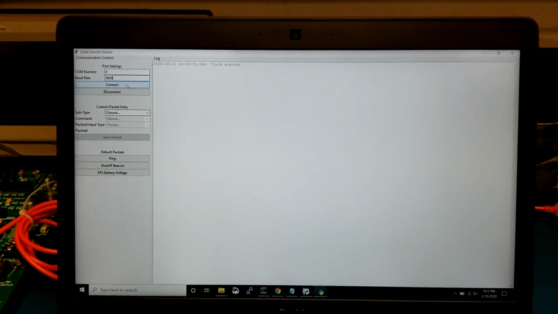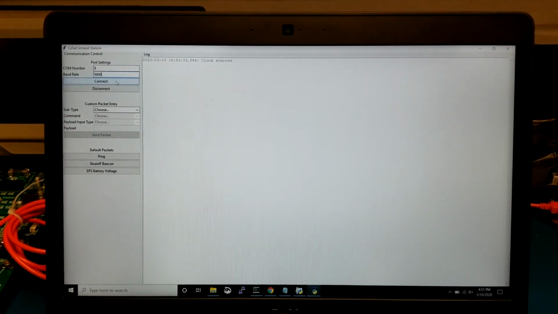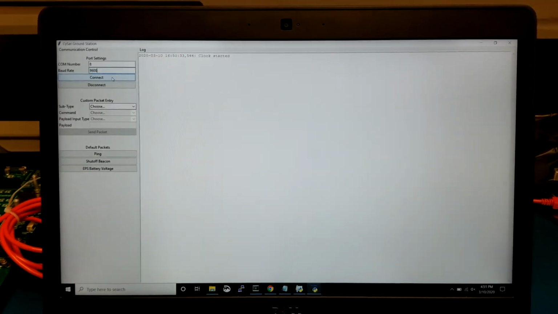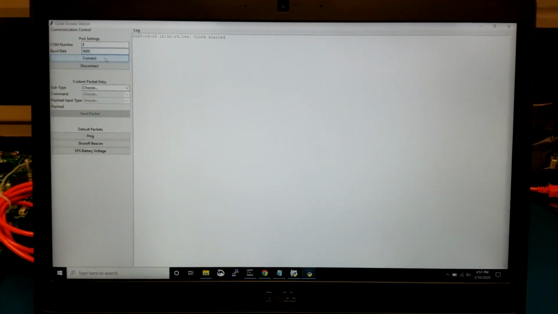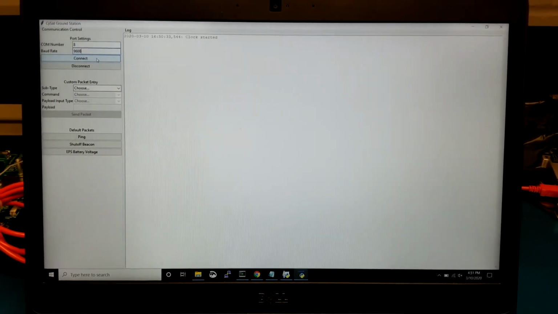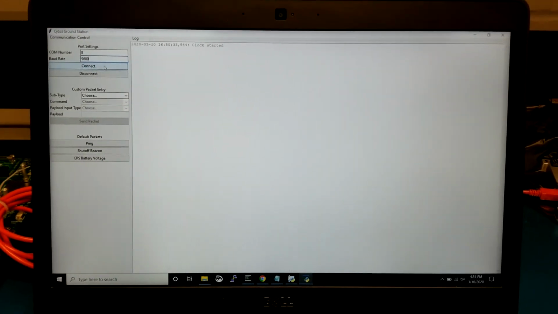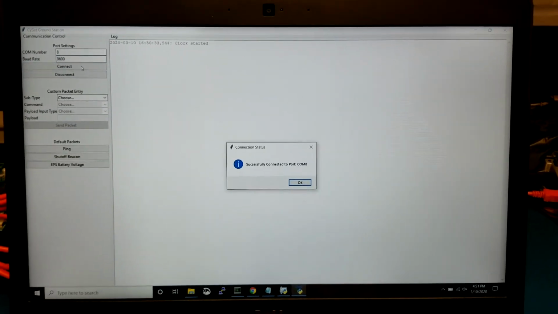The idea now is that we're going to connect to the radio, and it should receive a beacon, and it will display that in this log here, and then it will automatically respond with a beacon shutoff request command, and that would be exactly what it would do in the real situation. So if we connect, it says successfully connected,